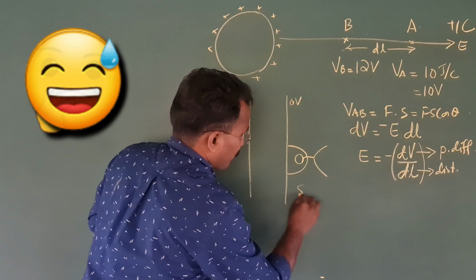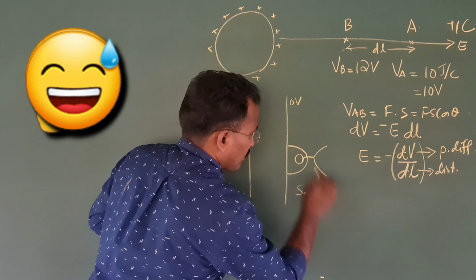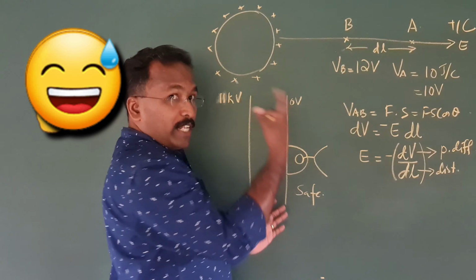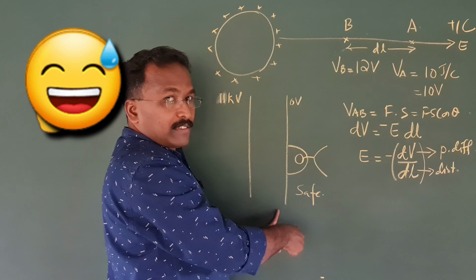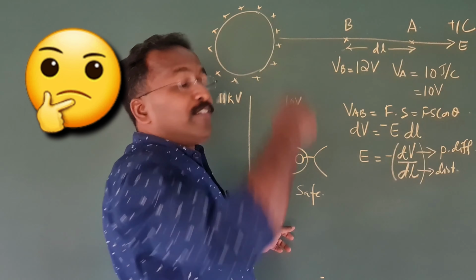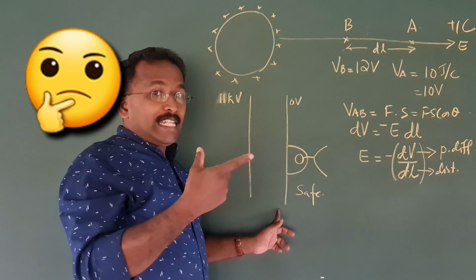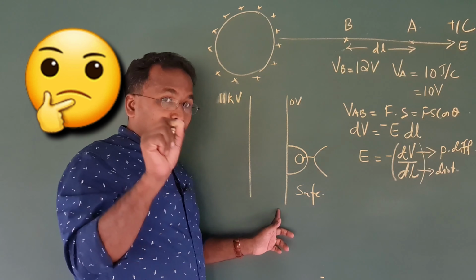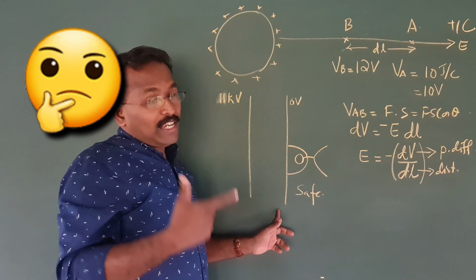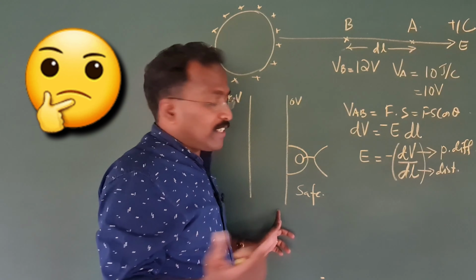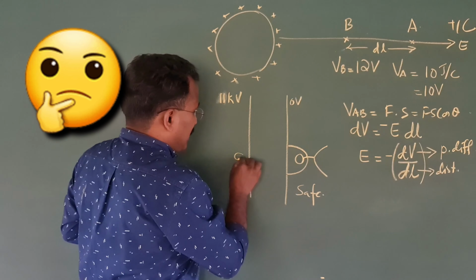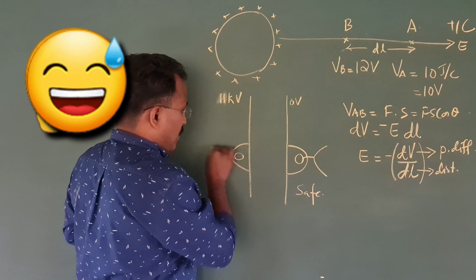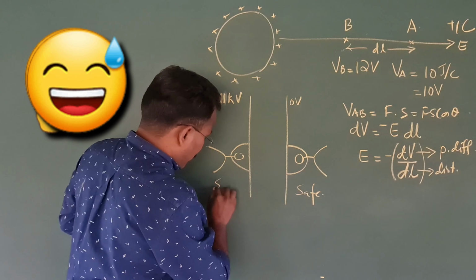You are safe because there is no potential difference. It's a 0 potential line. Now the question is, when you are falling from there, you don't know which line is the 0 line. Okay, earlier we said potential is an imagination and you cannot feel it. Means on this line also you are comfortable. Okay, safe.